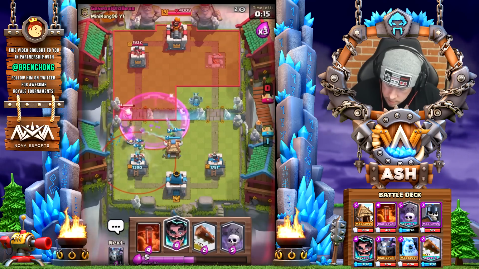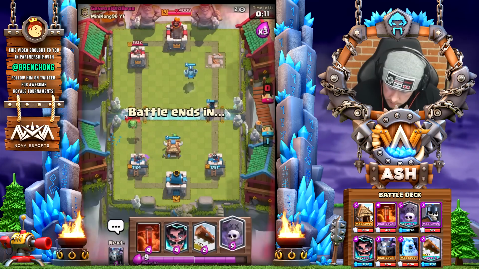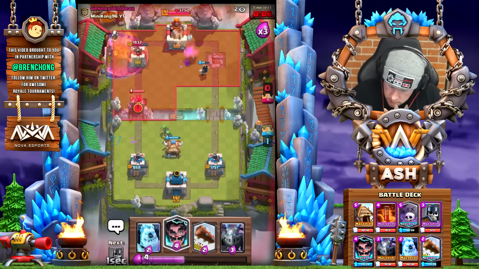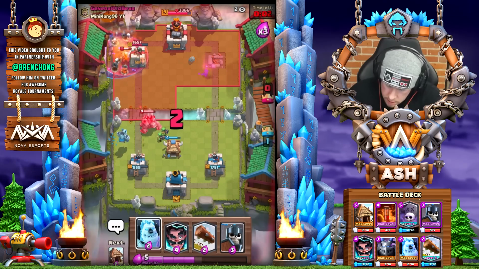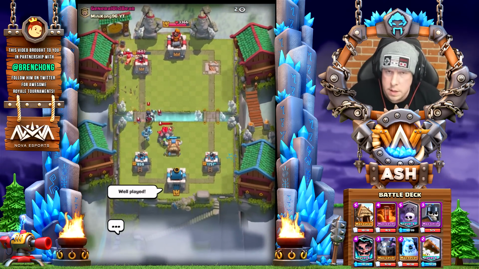So when people are playing really offensive against you, he was going so aggressive. Yeah. So you have Electro Wizard, you have Goblin Hut. You can get some serious positive elixir trades on defense. And when they start spamming stuff like this, you will always win the game if you space out your units properly. The only things that you could have done a little bit better that game is just dropping units a